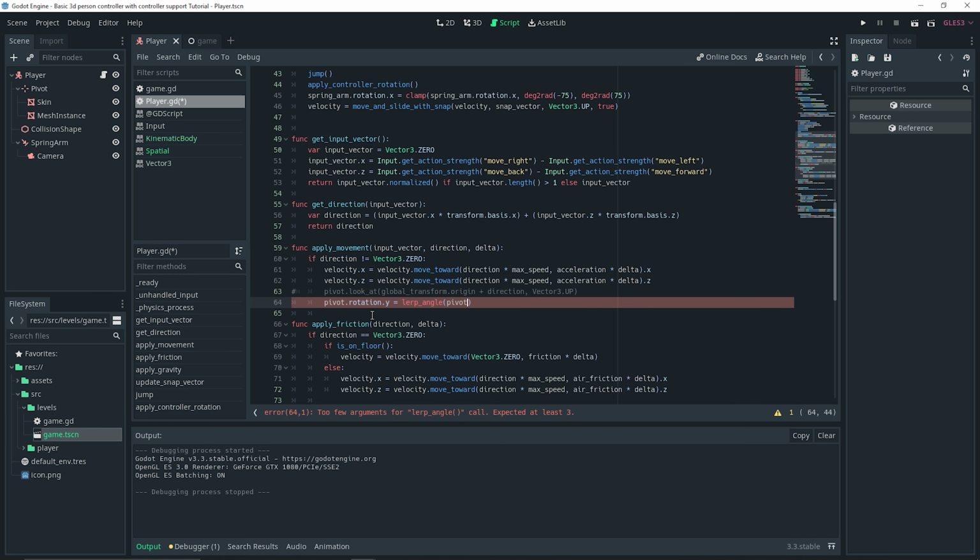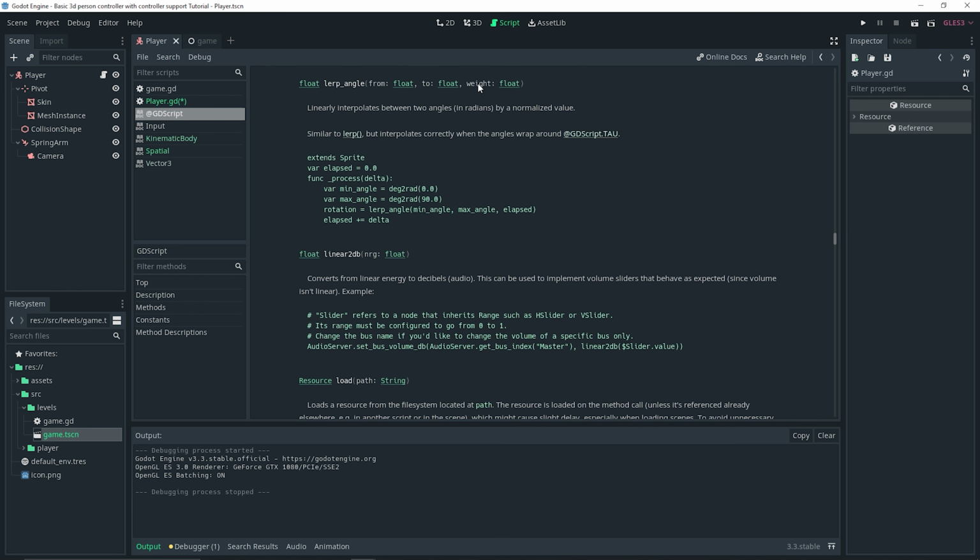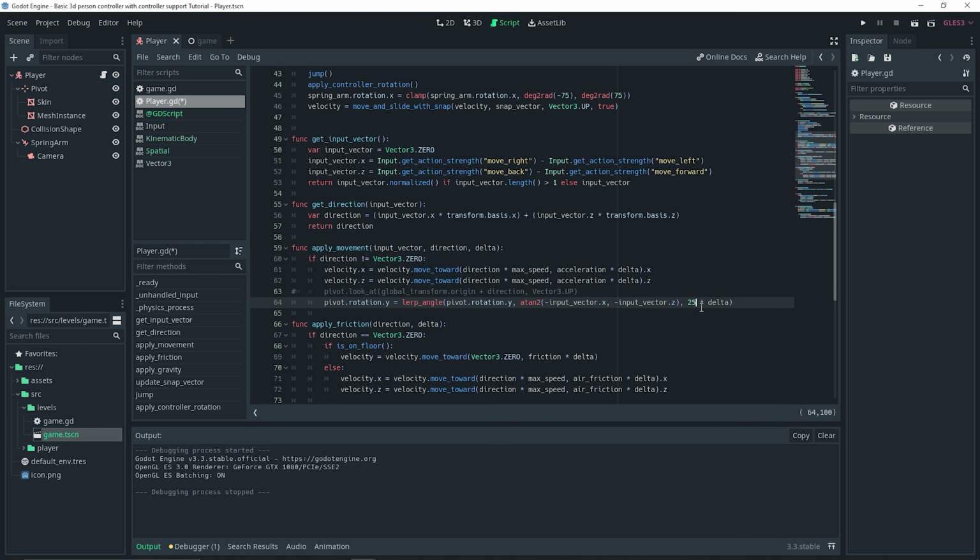And in this case, it's going to take pivot.rotation.y, comma, and then atan2(-input_vector.x, -input_vector.z), like so, and then comma, and then it's going to be the rate we're moving, so it's going to be 25 * delta. And you can click on lerp_angle to read up on what it does as well if you want, and it should be